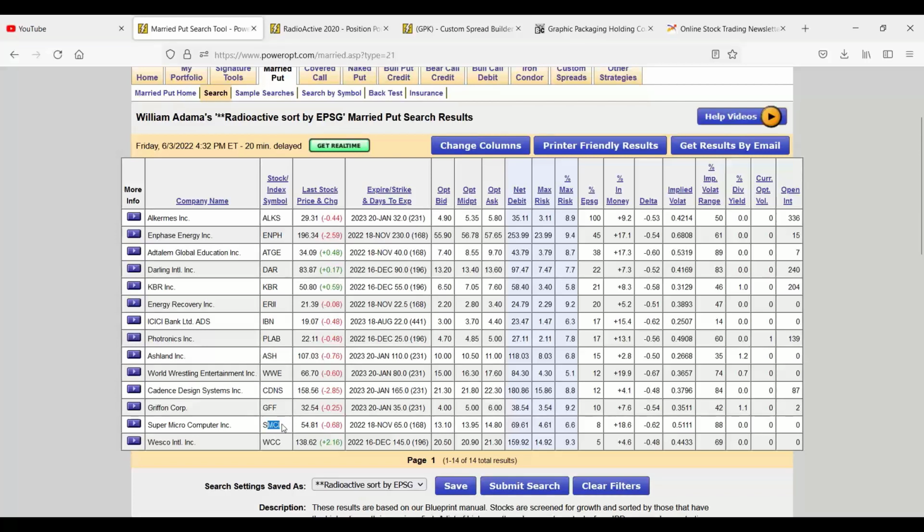SMCI was in there last week, in the 2 weeks before. Funco dropped out, and that third one I was looking at that we discussed last week or the week before, I can't remember which one that was. It was a stock around this price, $45, $50 stock. We were talking about Ashland, SMCI, and that other one that I can't remember what it was. And yeah, I remembered seeing GPK